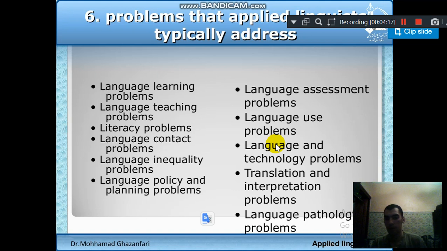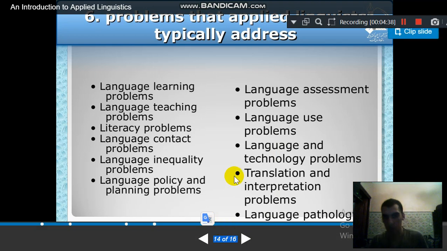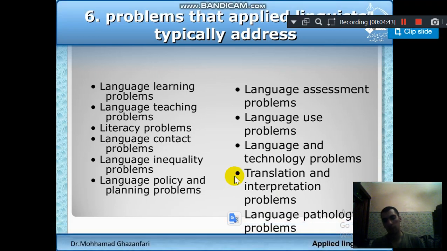A branch of applied linguistics is called translation studies, and in this branch we deal with translation in many areas through many different ways, one of which is teaching computers to translate language. And a good example of this is Google Translate, which is one of the most famous software that translate human language